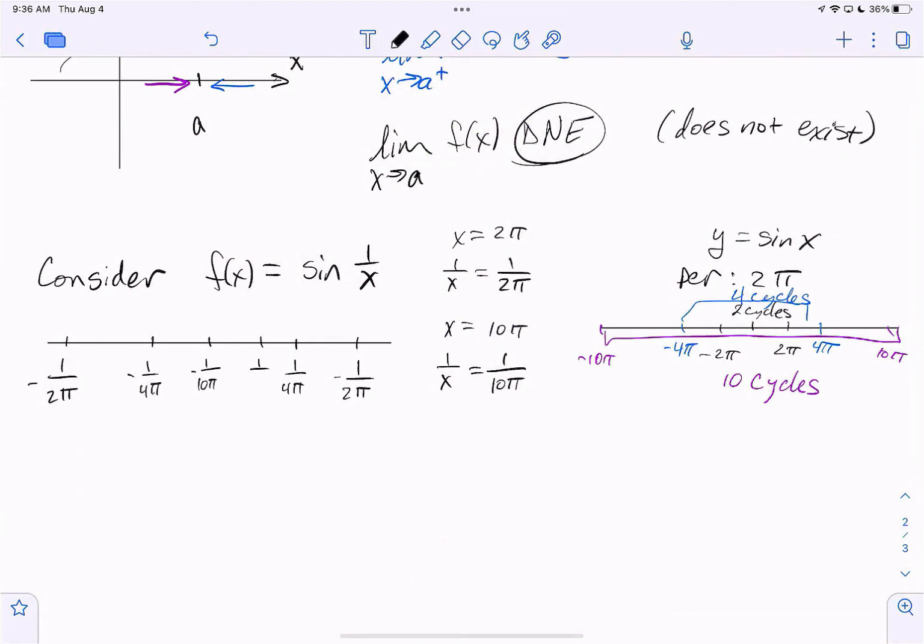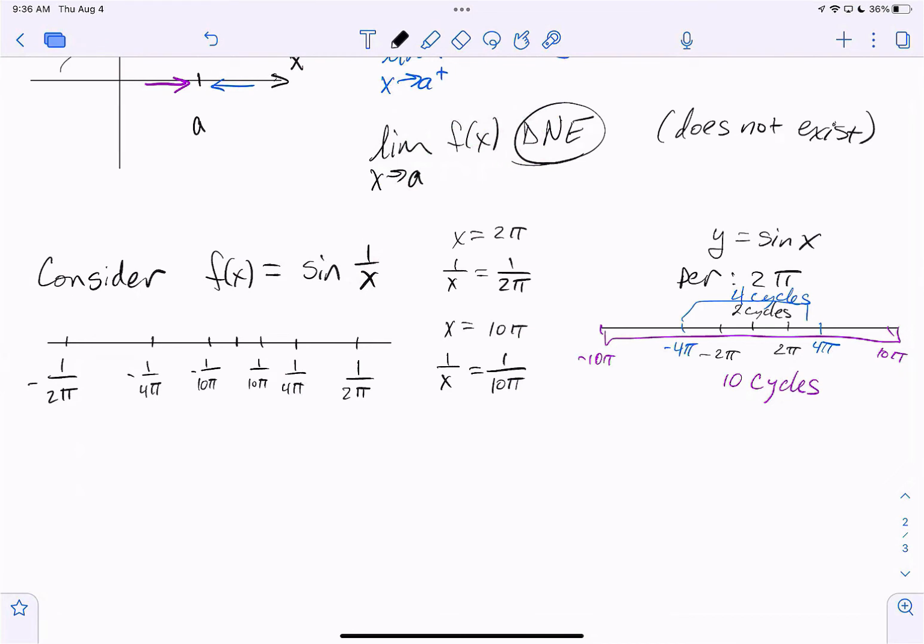1 over 10 pi. And if you need to convince yourself, oh, that's not a negative here on the right. If you need to convince yourself, then you can put 1 over 2 pi in a calculator, 1 over 4 pi in a calculator, 1 over 10 pi in a calculator. You'll see what's going on here. Now,